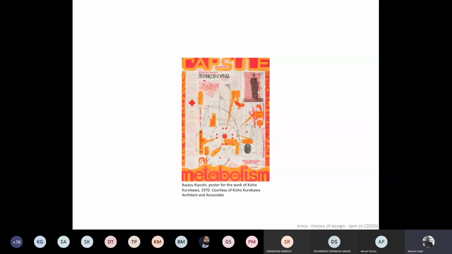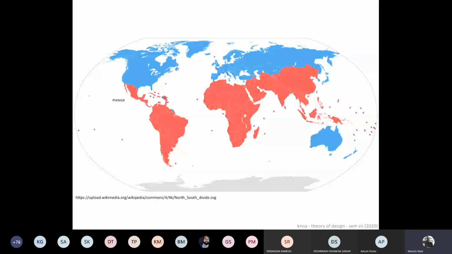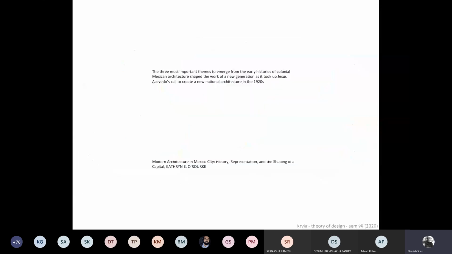And now we look a little bit at the southern part of the American continent, and you have Mexico there actually. And the history of Mexico is also very interesting. I'm jumping fast because today we don't have much time. I think we are going to overshoot the lecture. I'll quickly go through this.